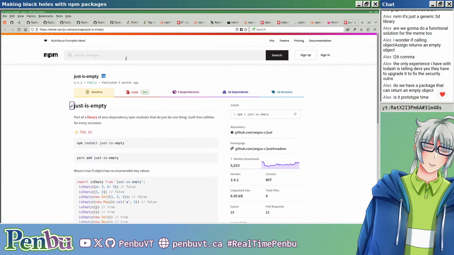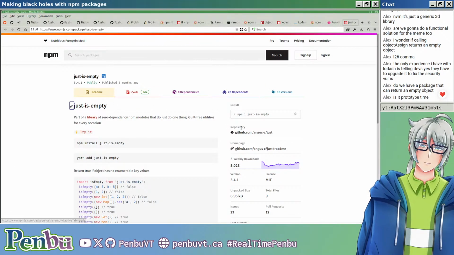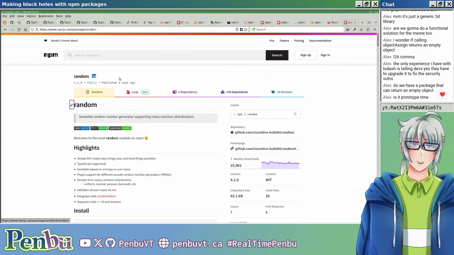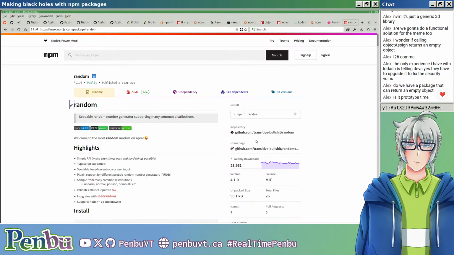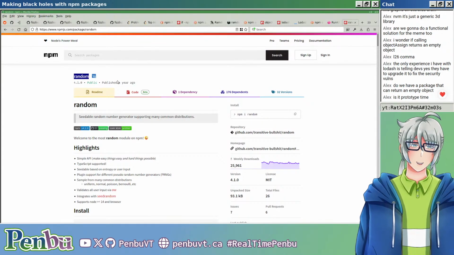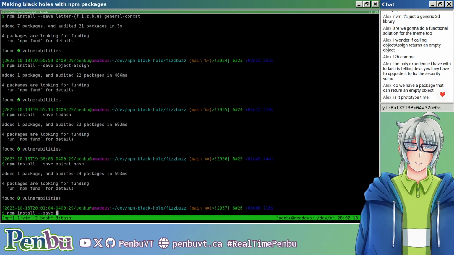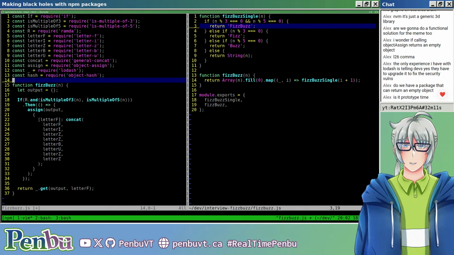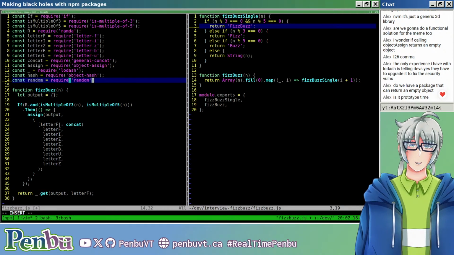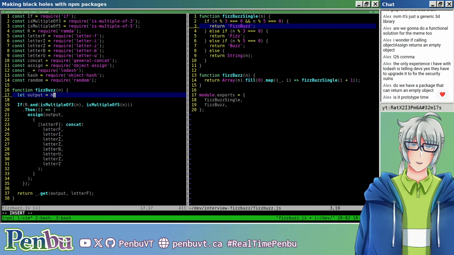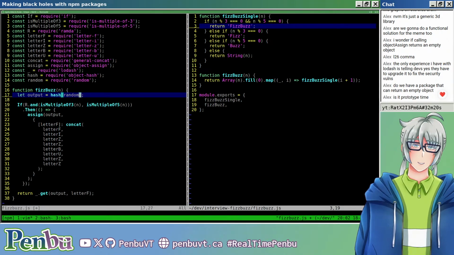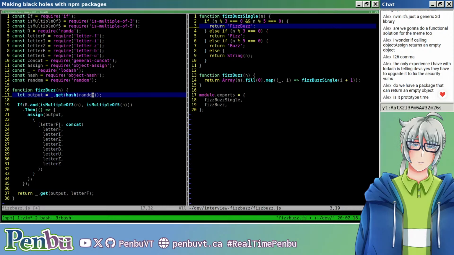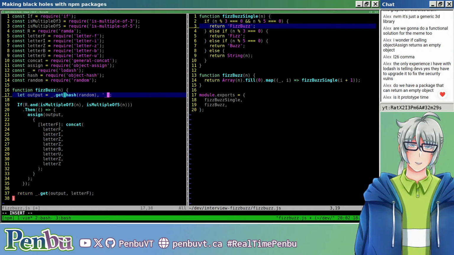But why pass in itself if we can just use another package? Okay. Let's take that. npm install save random. Copy to clipboard, didn't end up using it. Alright. Const random equals require random. And so we are going to take the hash of the random function and then use lodash.get to get out the underscore proto